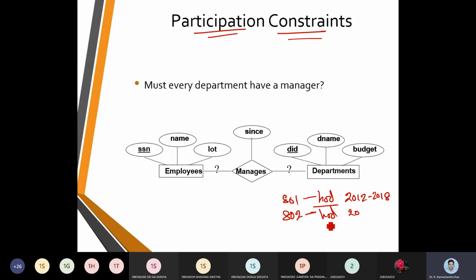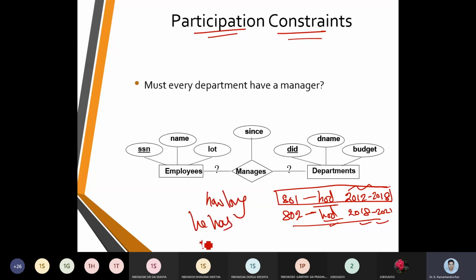You can see this scenario: one person is in the role of HOD for some period of time, another person was in the role of HOD for some period of time. But the agenda was how long he has managed the department.